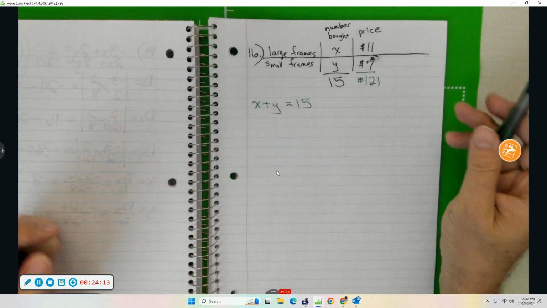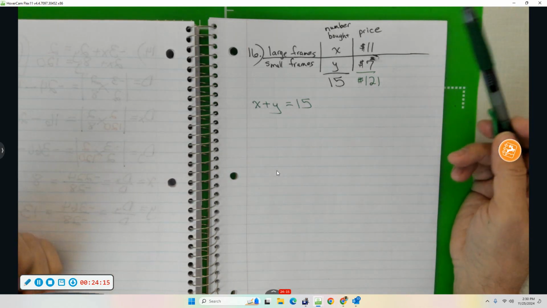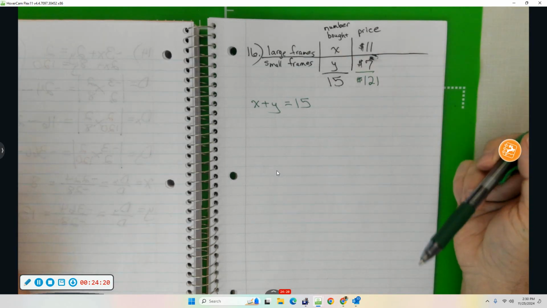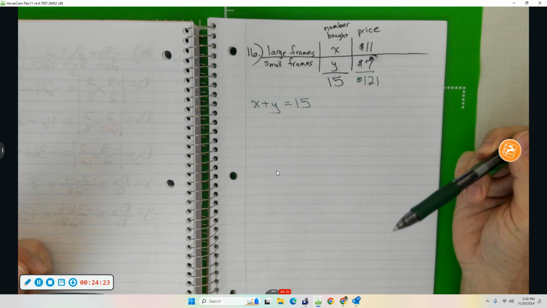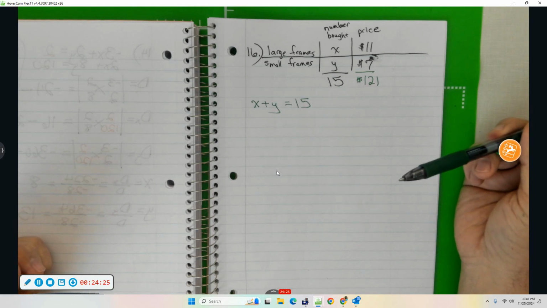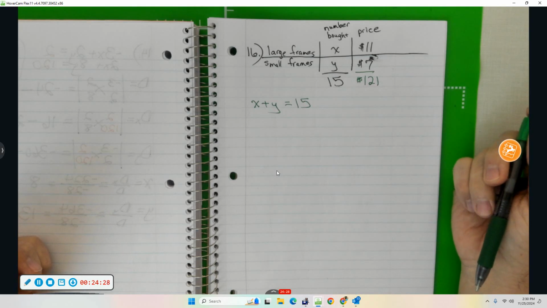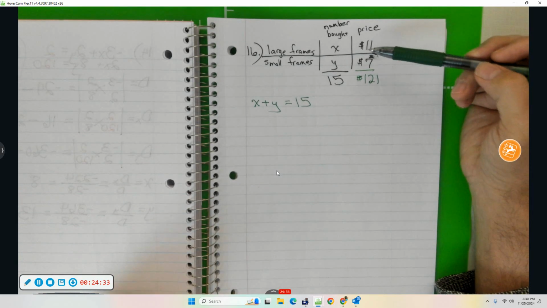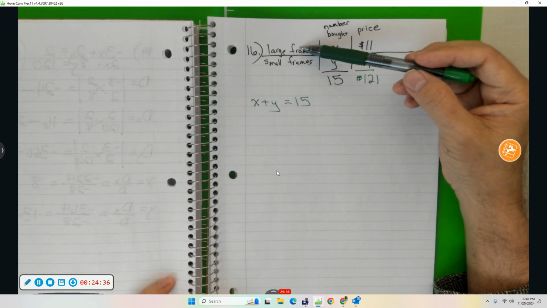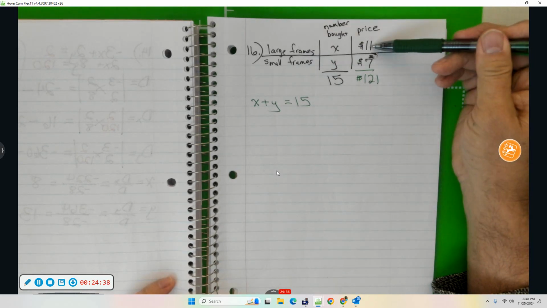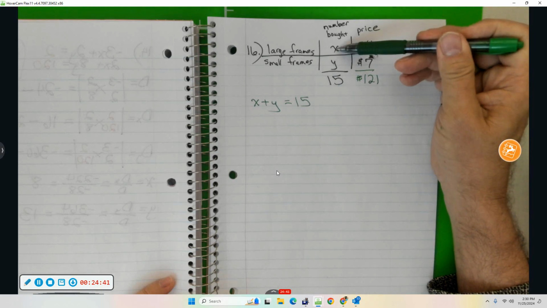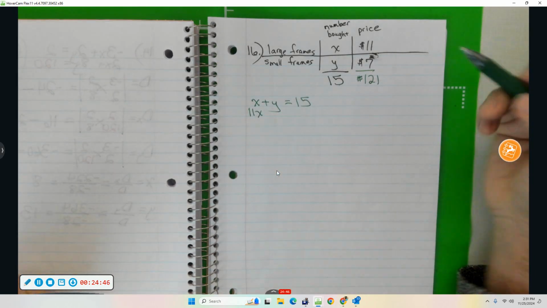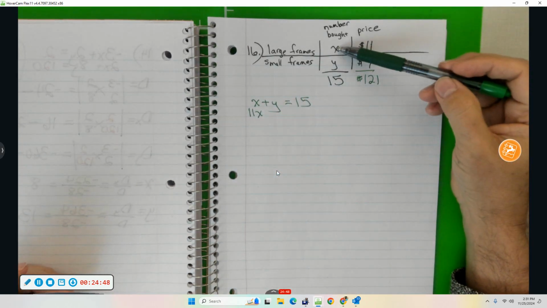Now let's think about how it works when you're buying multiple items. Suppose she bought 3 large frames. How much money did she spend on those 3 large frames? $33. My point is that to determine the amount of money she spent on the large frames, you take the cost per item times the number of items. So 11 times x, that's all the money she spent on the x large